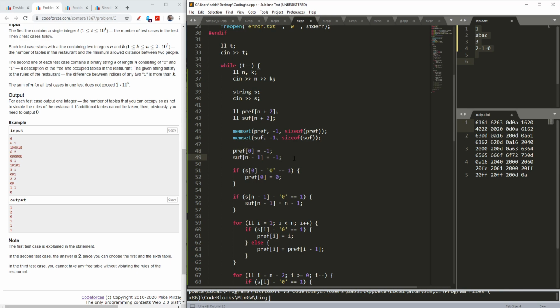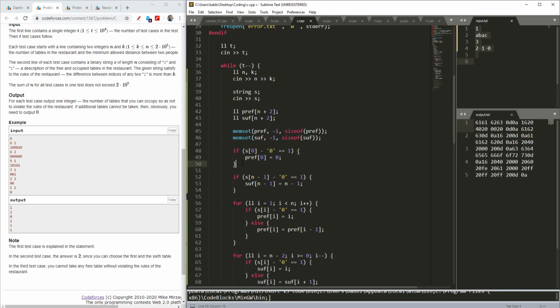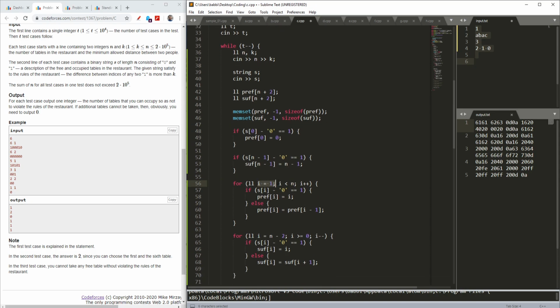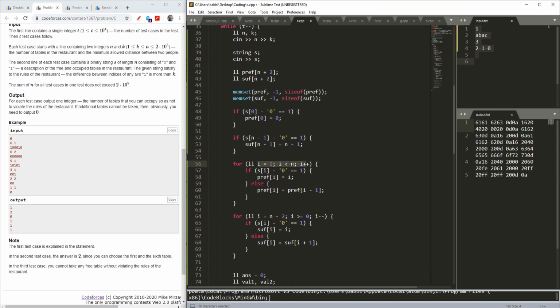Initially, it is not required, but I will check that if my first element is 1, then I should mark my prefix of 0 as the index value. If my suffix of n-1 is 1, then I should mark my suffix of n-1 as n-1, because I am moving my loop from 1 to n-1, and another loop from n-2 to 0.